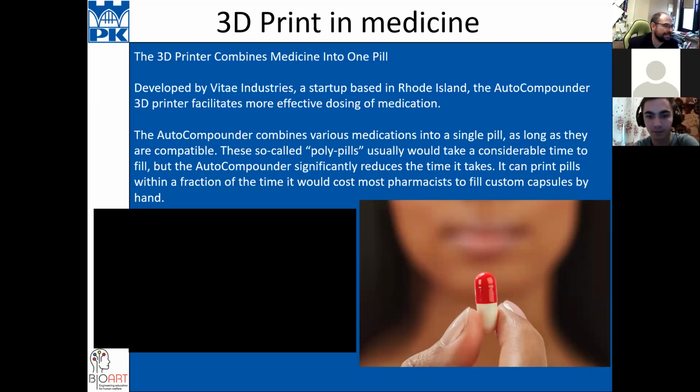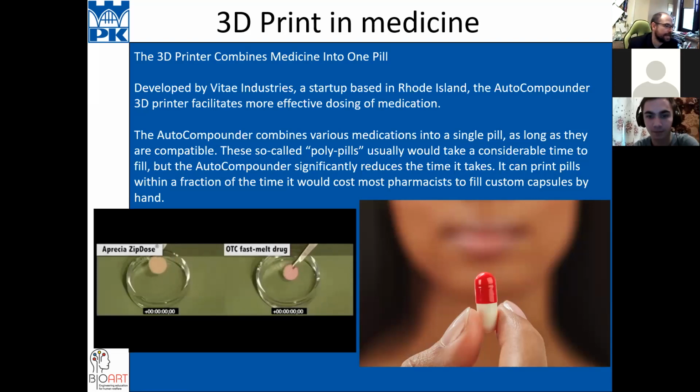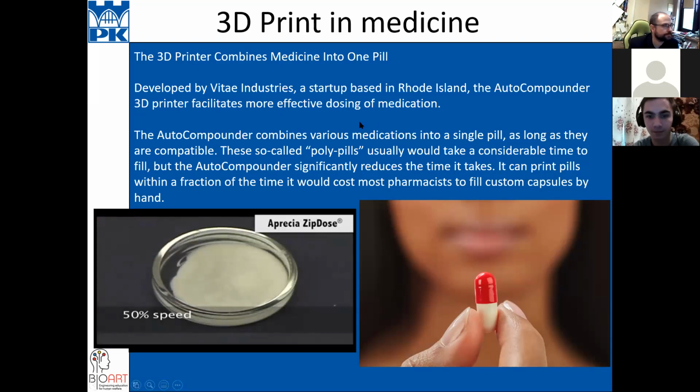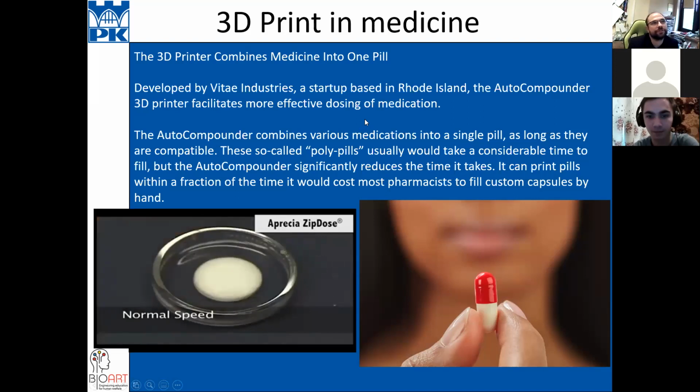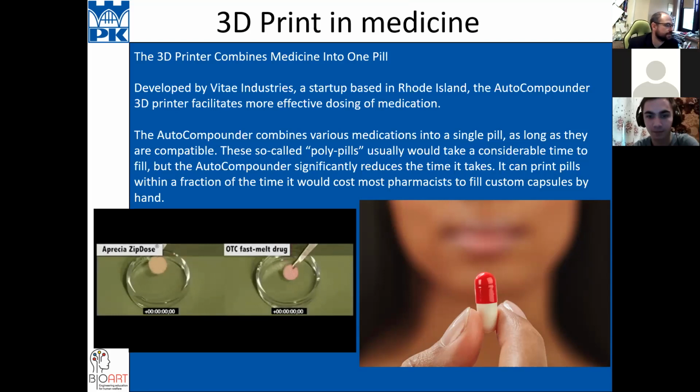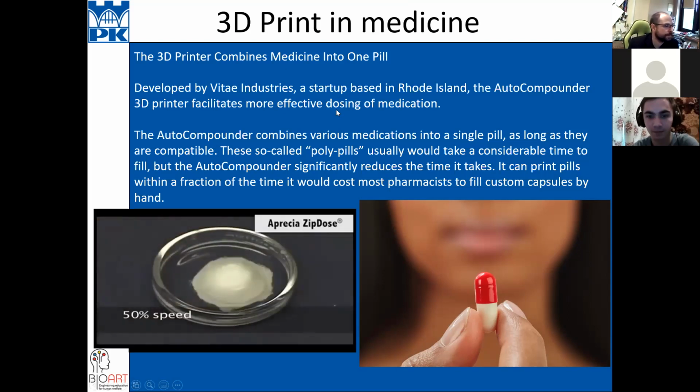It will take less material that protects this medicine from oxygen, and it will be better for your health.